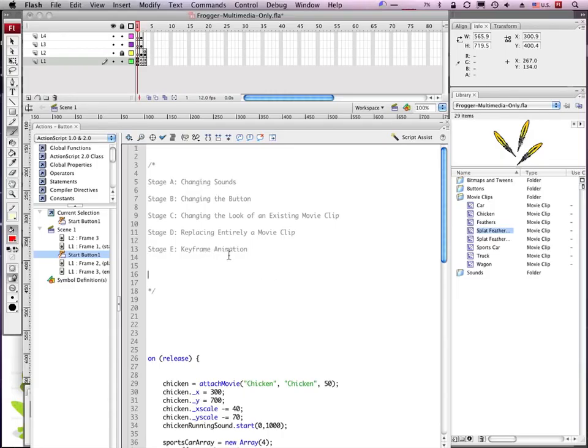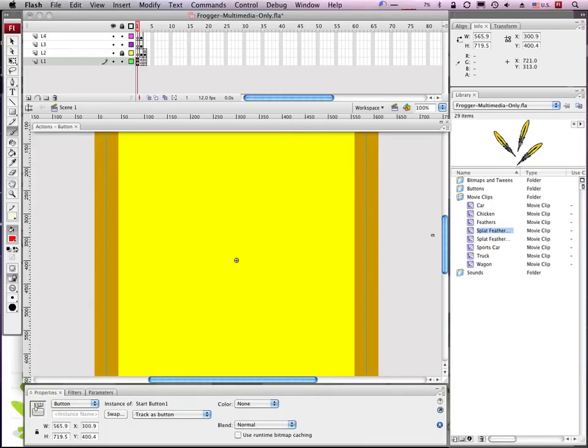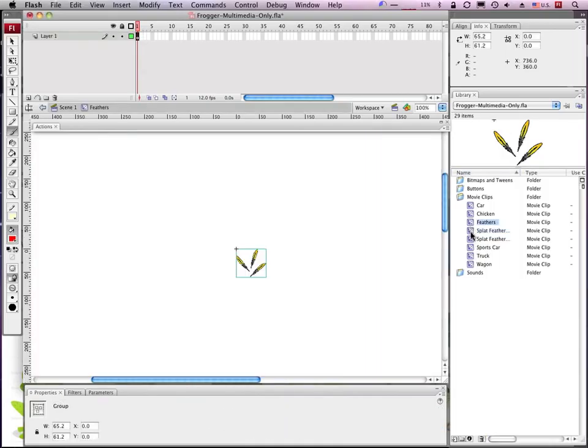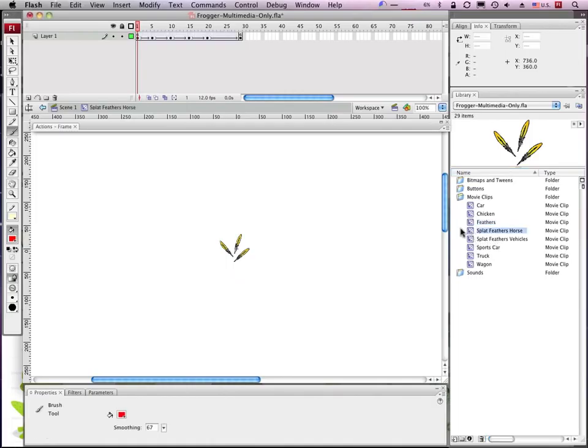Keyframe animation, what puts the flash in Flash? You can either change keyframes of an existing animation or of one that you've already made. So I'm going to go into the splat feathers, horse, and vehicles. You'll notice that there are these nice smooth